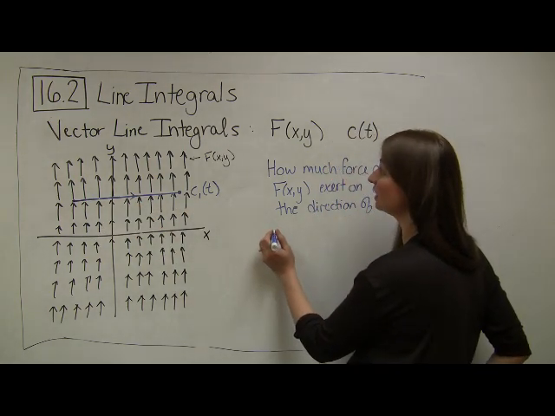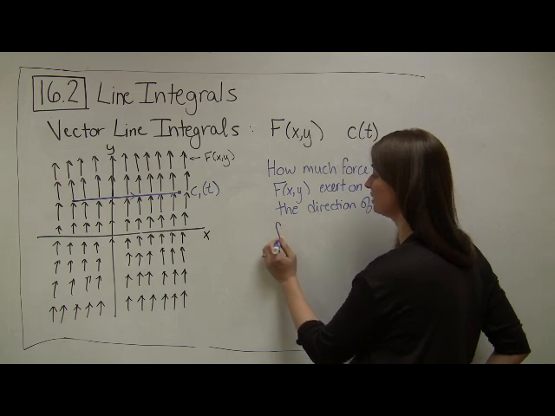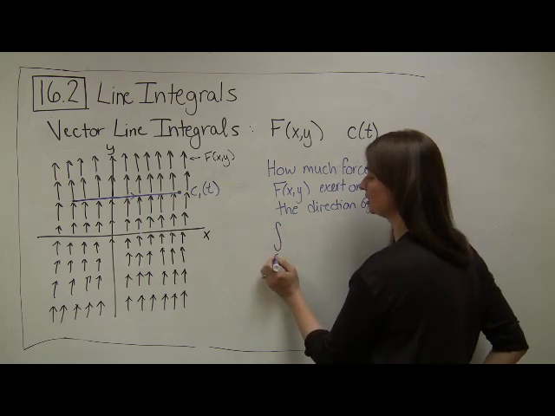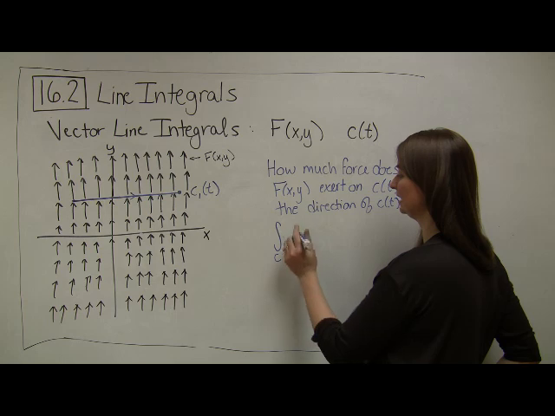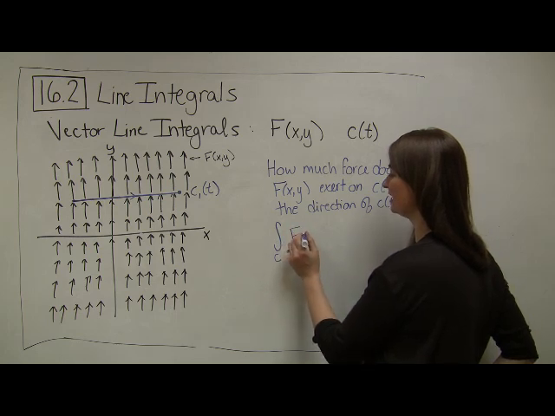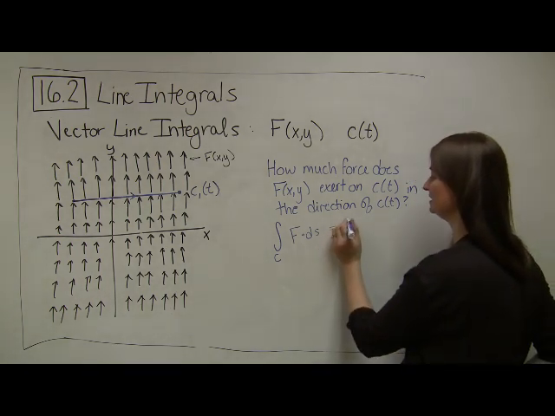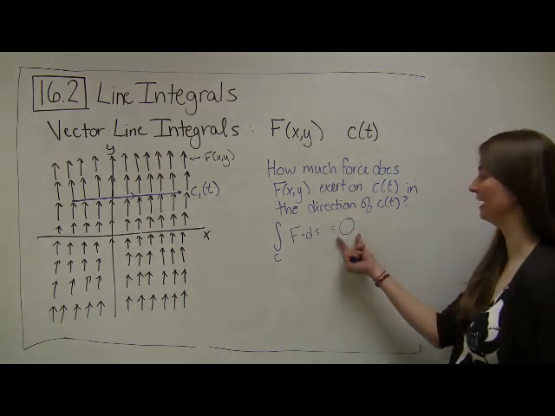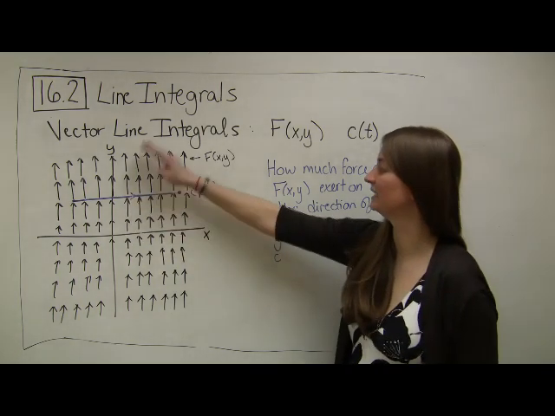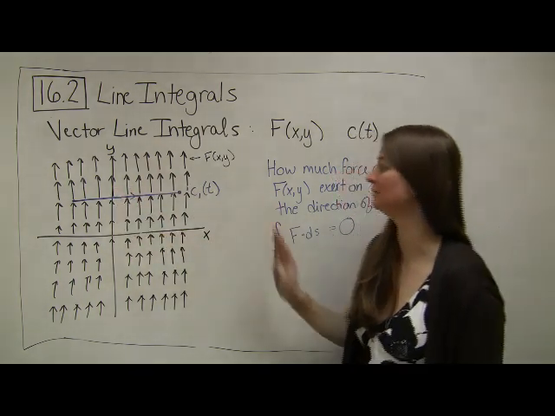So this would be an example where my vector line integral, and usually we write my vector line integral on my path c of my f, and we write dot ds to signify the fact that it's a vector line integral, is 0 for my blue path, because this vector field is never helping me,